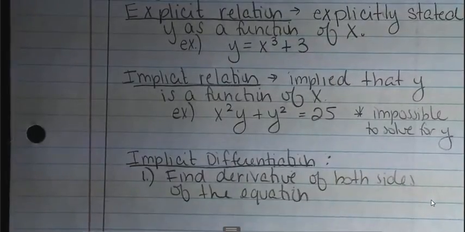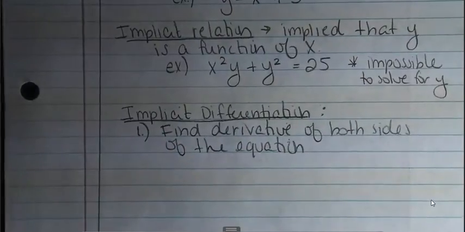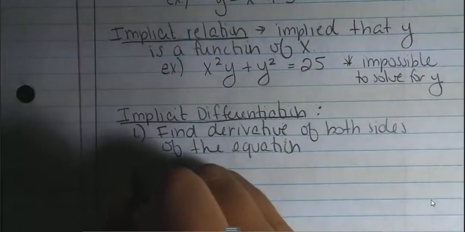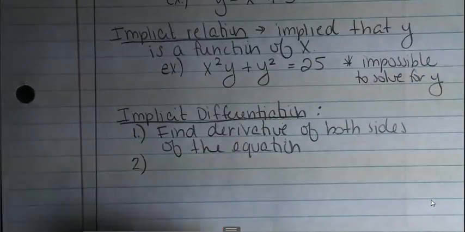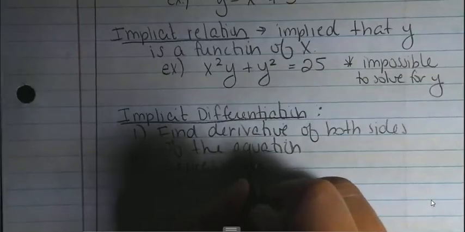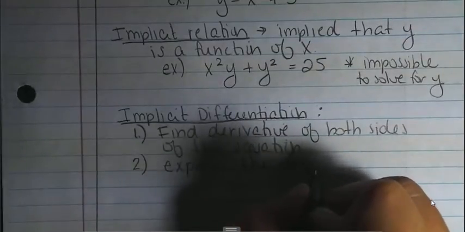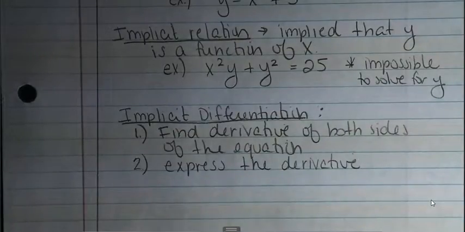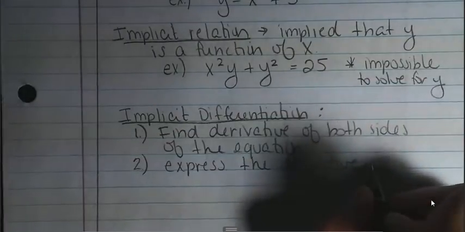And you're going to find it with respect to whatever your input is. So like in this situation, we'd find the derivative with respect to x. Our next step is to express the derivative of the dependent variable